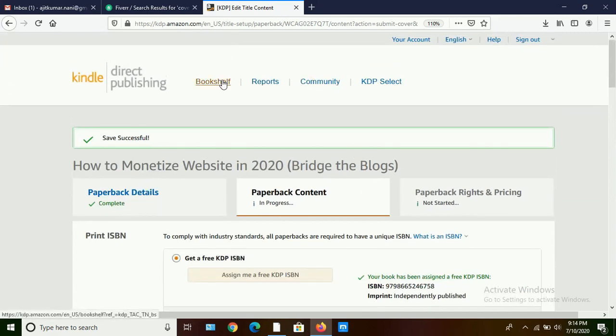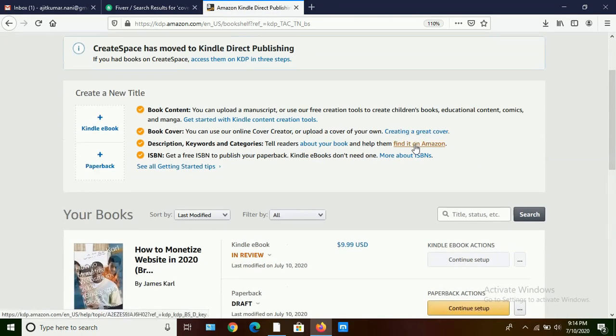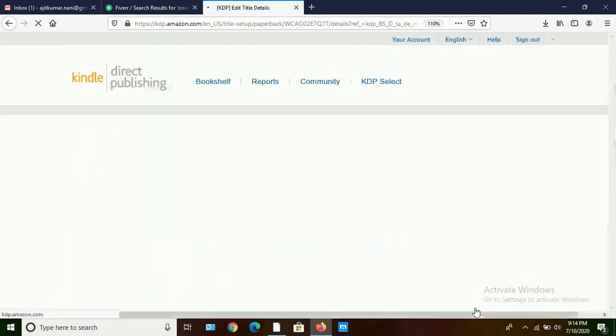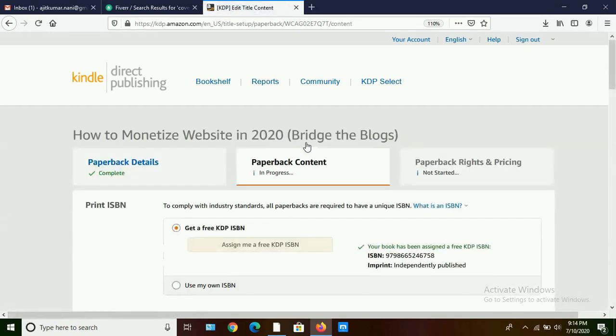Means if I go back and again want to set up after taking a break, then again come here and click on continue setup. Then again everything will be completed. If it is completed, then it will show as complete. It is in progress, so we need to complete the paperback content.